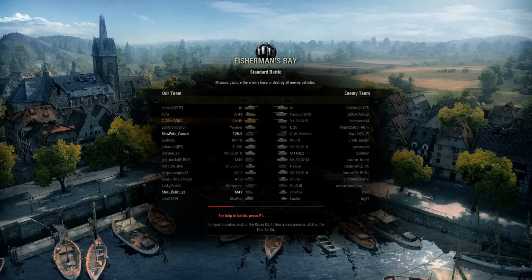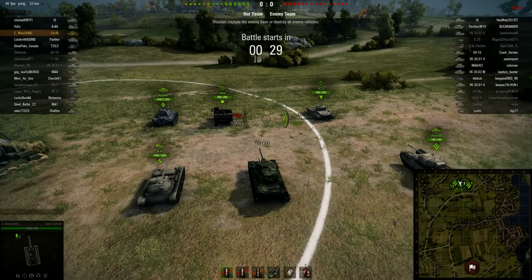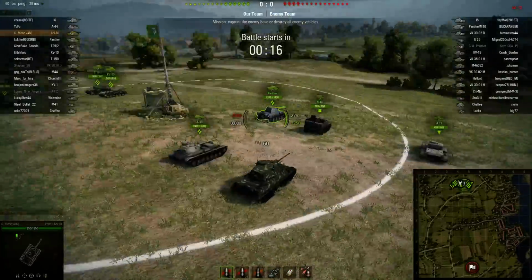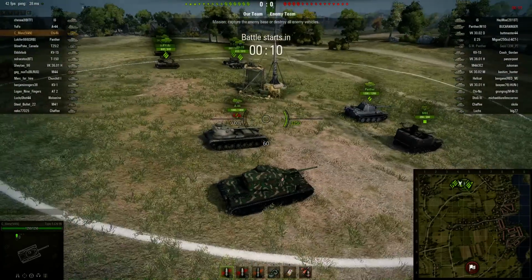Okay, so Fisherman's Bay, and I'm top tank here, but this is an okay map for this tank, only because you either want to play this tank as a mid-range tank where you can pop in and out of cover, shoot your 3 shots, and back off before you get hit by anything, or you can play this a little bit closer in city fights if you're the top tank, only because you can